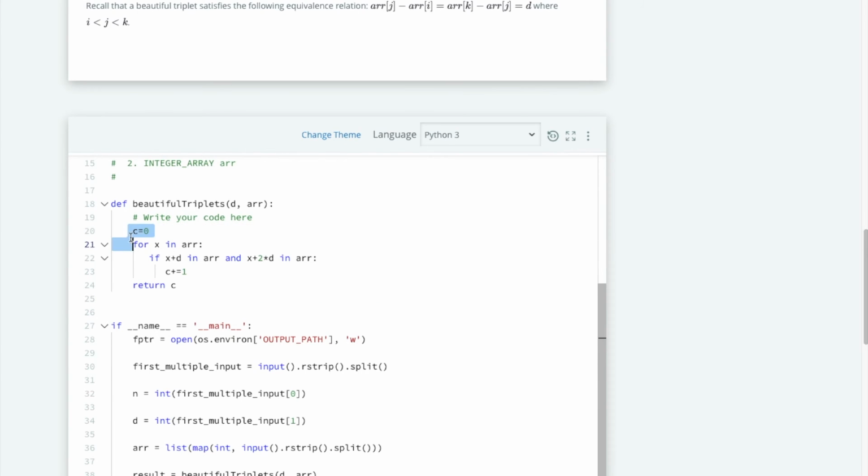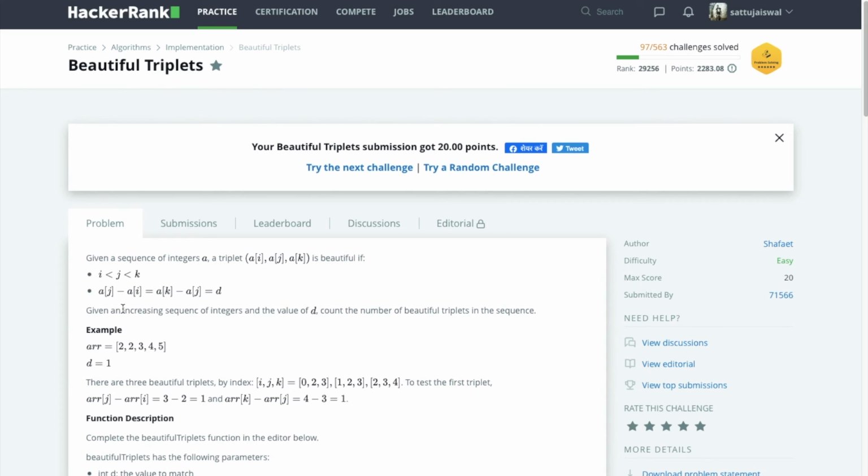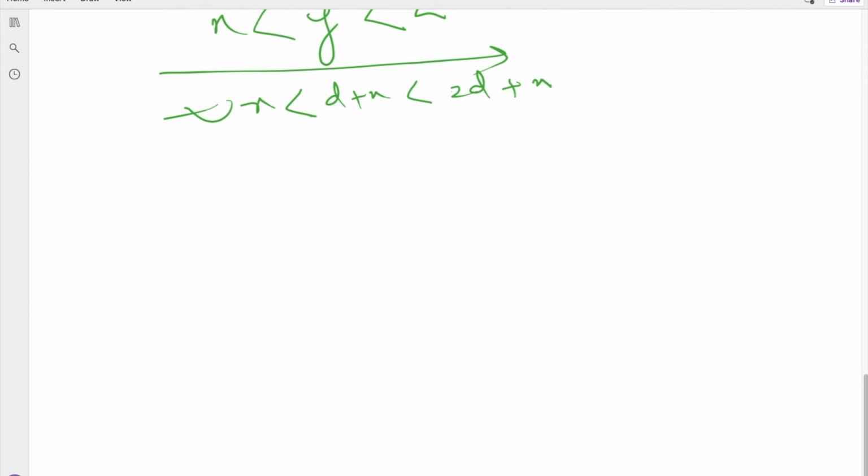Now this was a simple problem because they have already said the elements are in increasing order. So what if the elements are not in increasing order and we have to satisfy this criteria? Next question 2 will be, what if the elements are not in increasing ascending order?